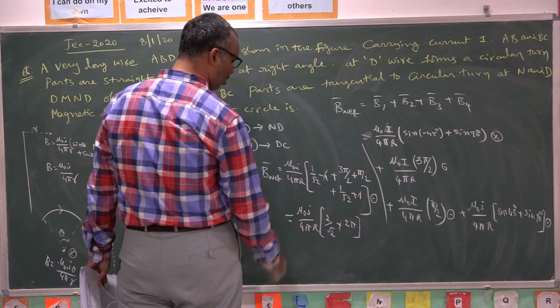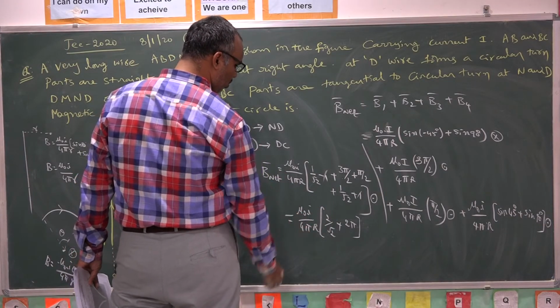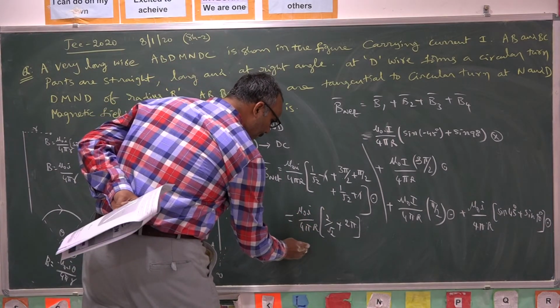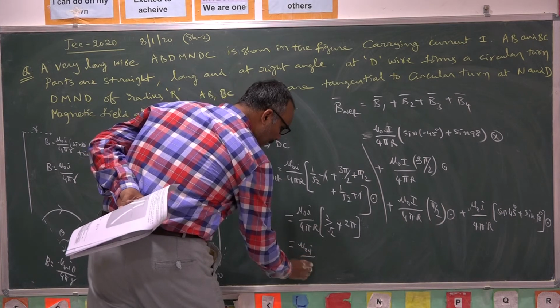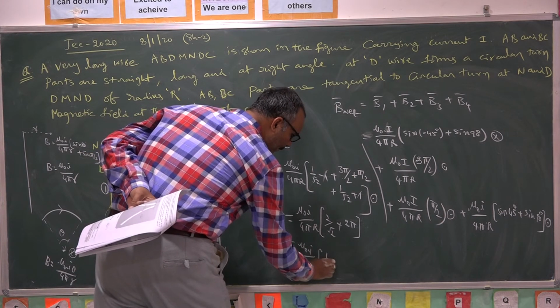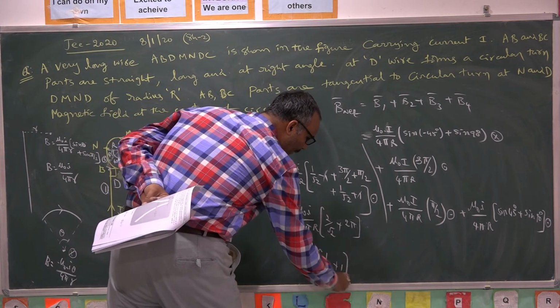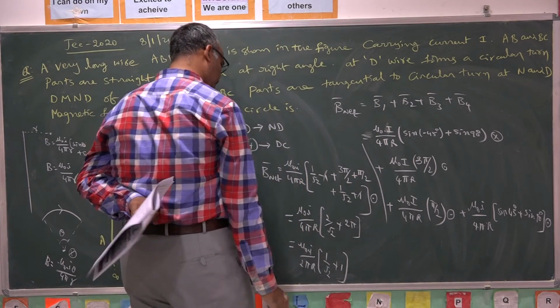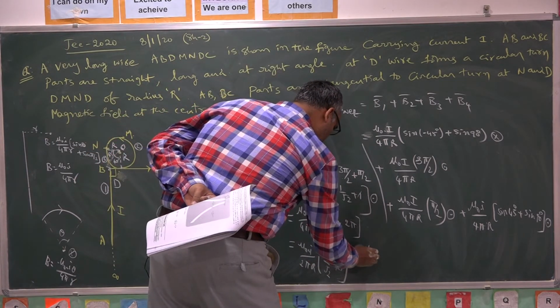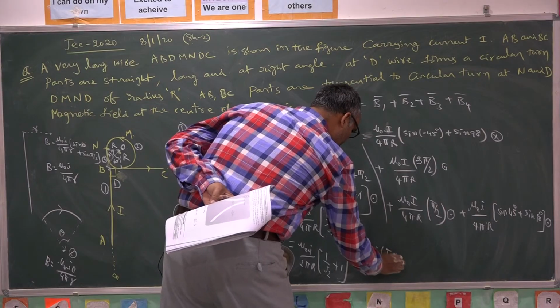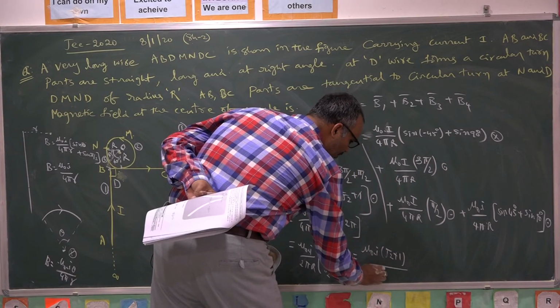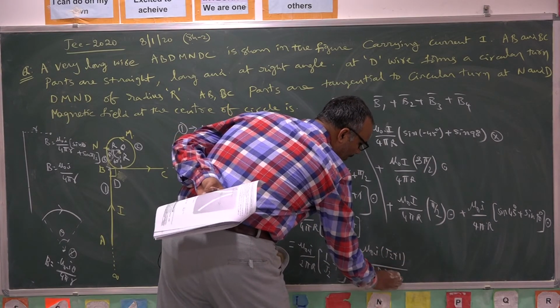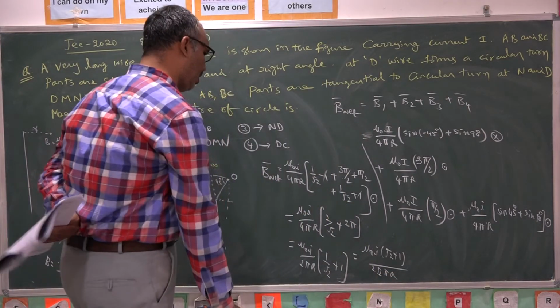If I take pi as common, 2 as common, 2 will go for 2 times here. Mu naught I by 2 pi r, 1 by root 2 plus 1. Otherwise, mu naught I into root 2 plus 1 by 2 root 2 pi r,